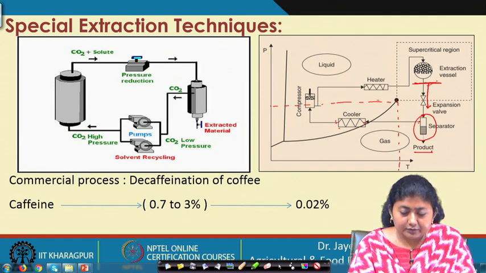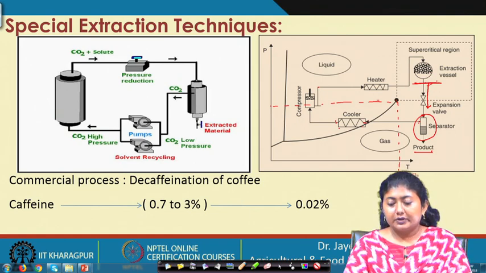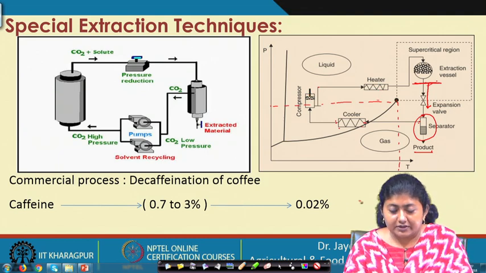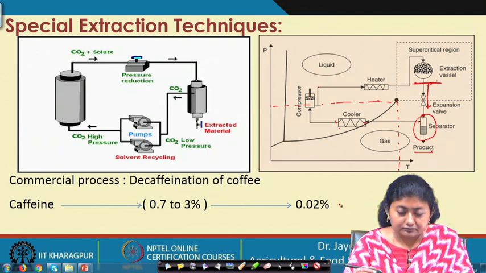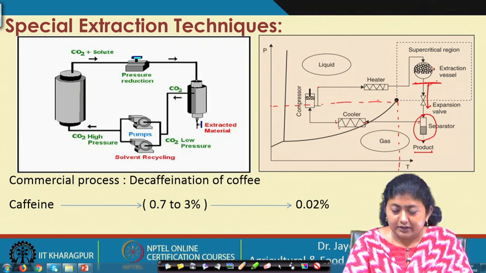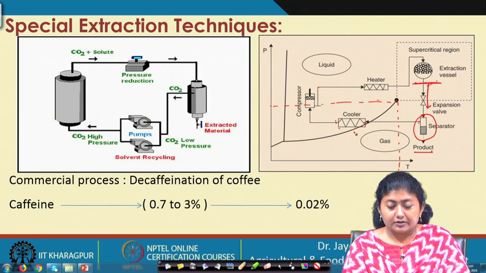The compressor increases the pressure of that liquid carbon dioxide, and further we increase its temperature by passing it through a heat exchanger, and then it enters the extraction vessel, and the same process is repeated. So, there is the supercritical region, then a lower pressure region, then lower temperature, then again increased pressure and increased temperature. Basically we can categorize this into a higher pressure side and a lower pressure side. On the higher pressure side we have the compressor, the heat exchanger or heater, and the extraction part.